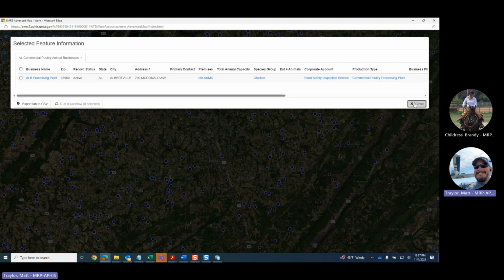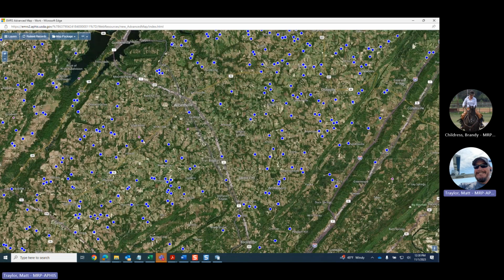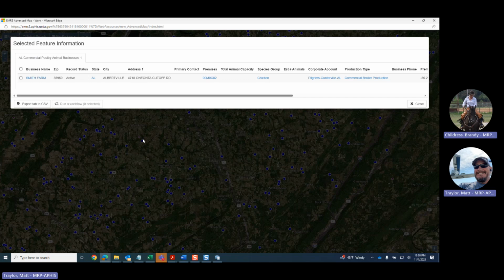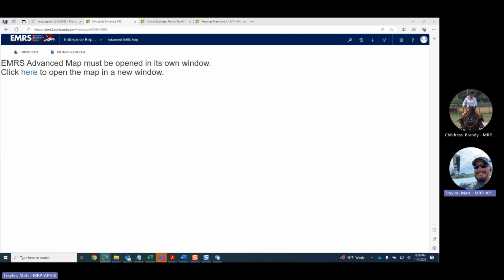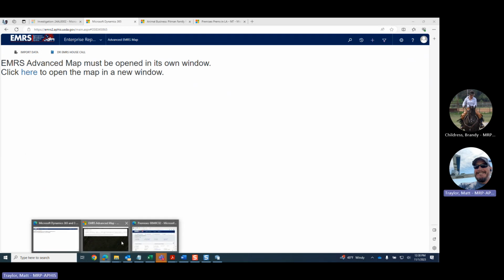Oh, that's a processing plant. That's not going to be positive. All right, Smith Farm. We're going to go with Smith Farm. Okay, so we're going to pull up our coordinates. So here's our coordinates right here. I'm going to grab this and pull it onto my other screen just so I can work with it. But what I will do